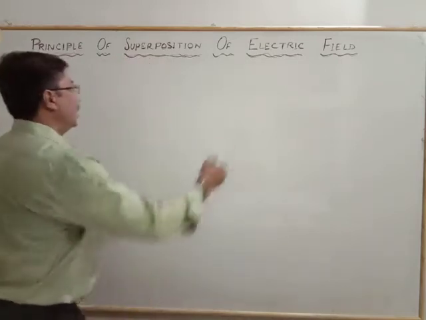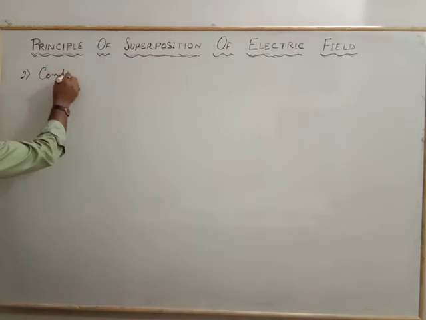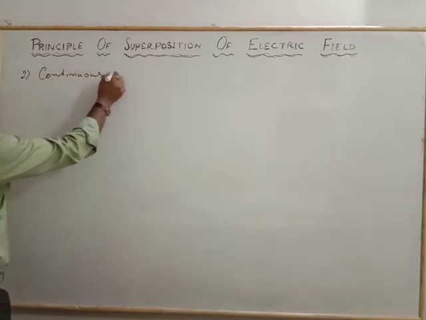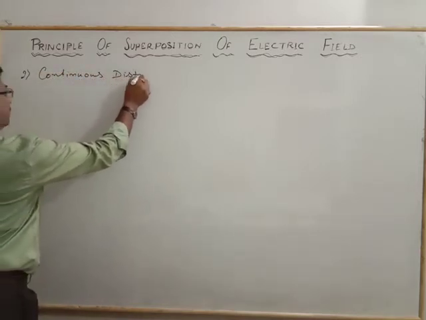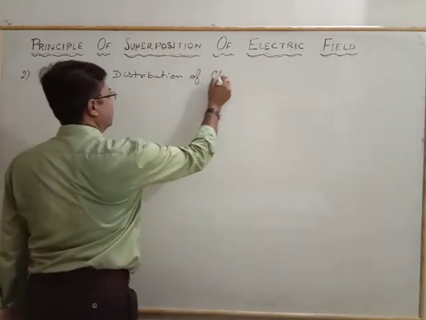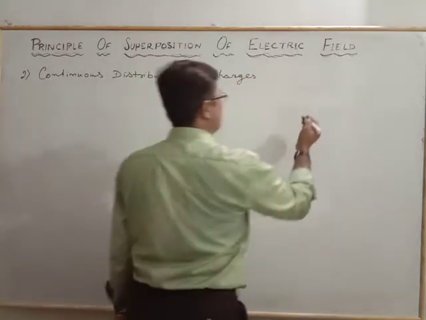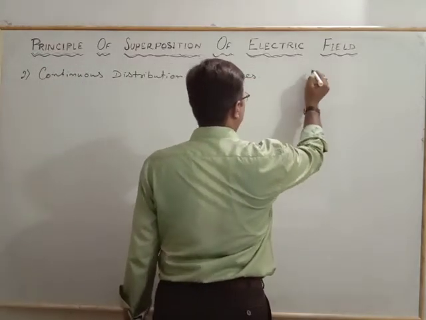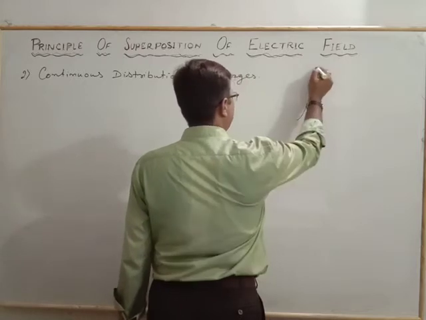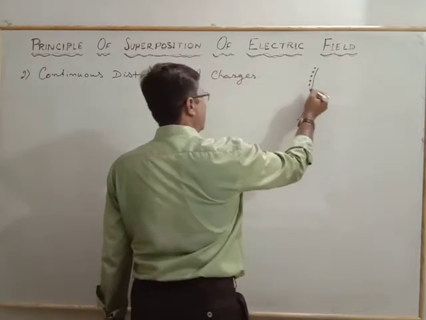Distribution of charge, and here the second is the continuous distribution of charges. And the continuous distribution of charge in the pattern is like this: charge is arranged along the length L